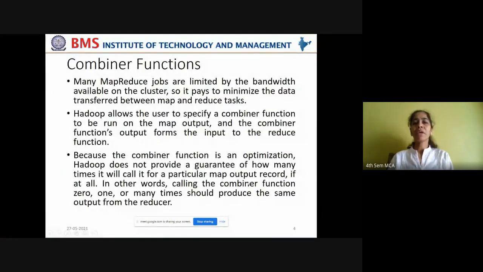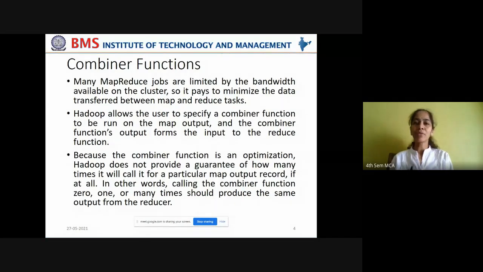In the last class, we have seen how to use the combiner functions. These combiner functions are optimization techniques which help us reduce the data that is transferred between map and reduce phases. The combiner function runs on the mapper side to give its reduced output as input to the reduce phase.